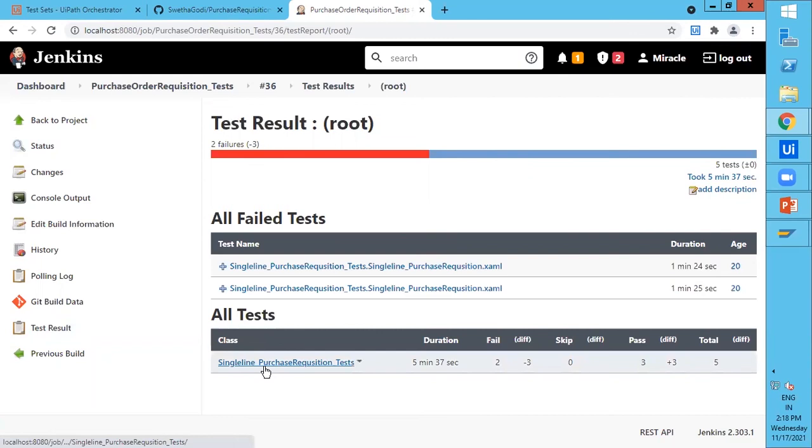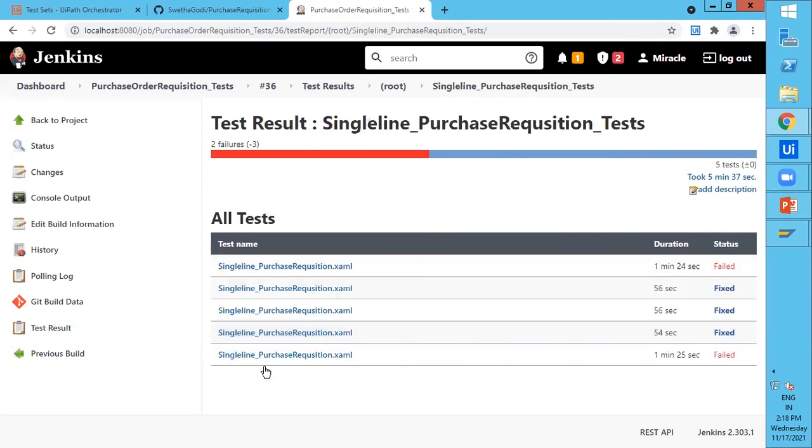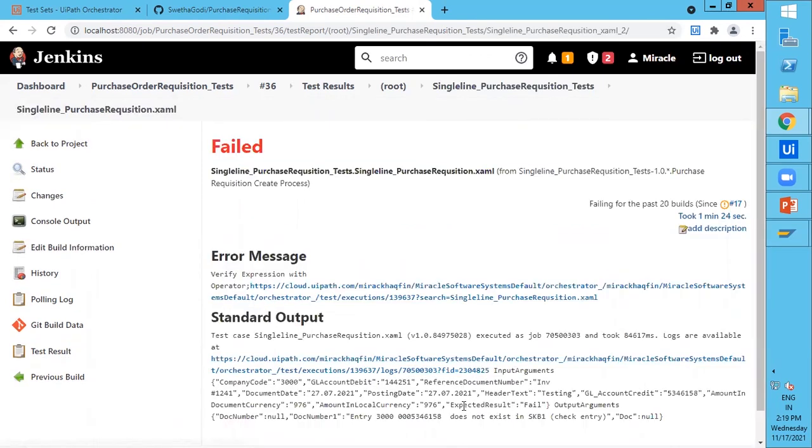This is our test set, and all 5 test cases are there. Of these 5, 2 are failed and 3 are fixed; fixed is nothing but passed. Going forward, click on fail. Yes, the expected result is fail, and due to this entry, some number does not exist. Due to this exception, this test case is failed.